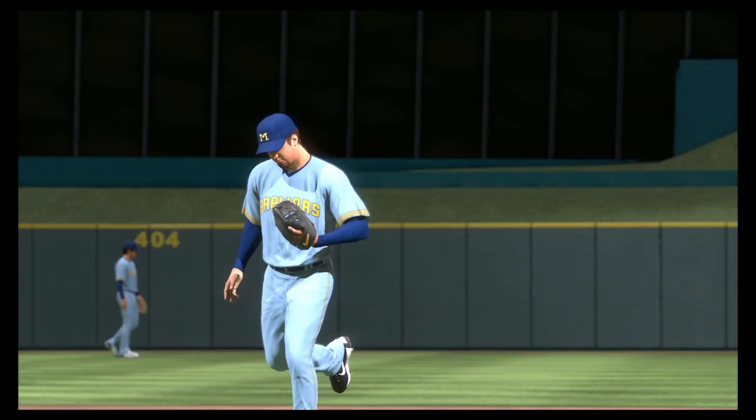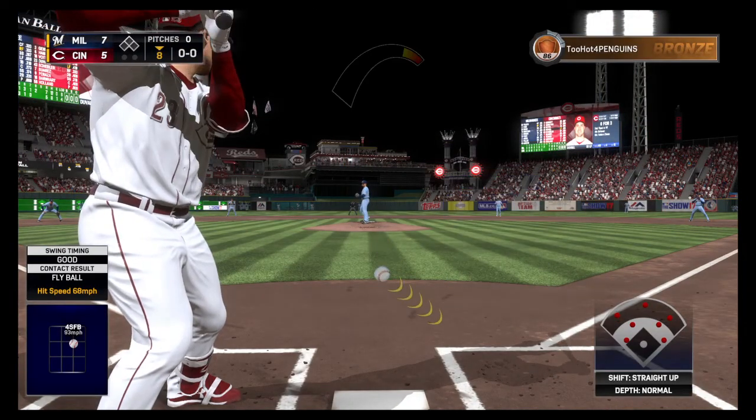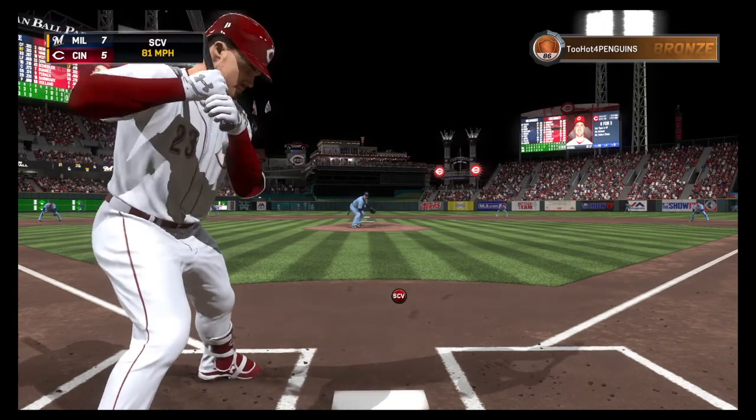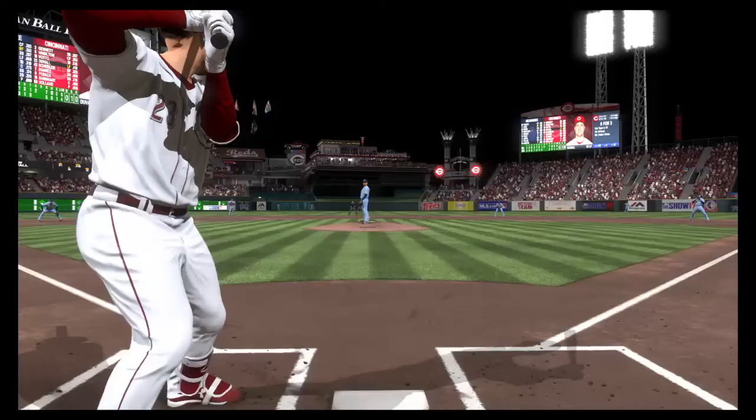Matt Albert is on to pitch out of the bullpen in the bottom half of the 8th. Number 43. Now to the plate, Adam Duvall. He'll see what he can do leading off the home 8th. And one's the count. And a strike called at